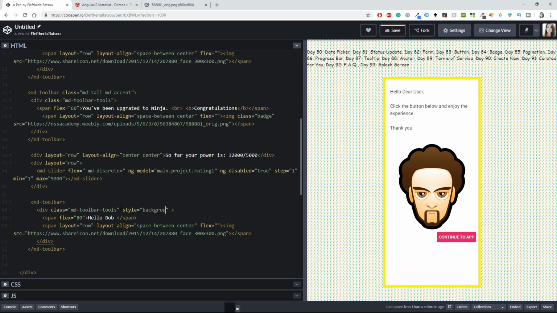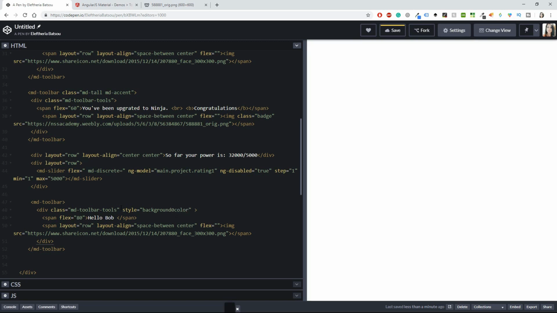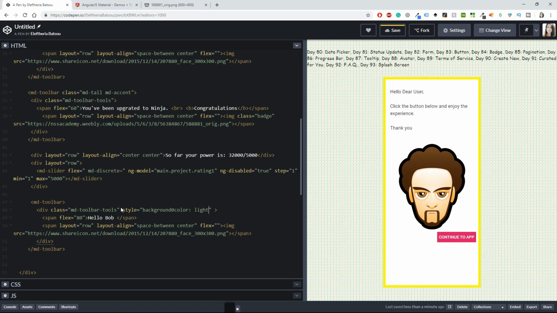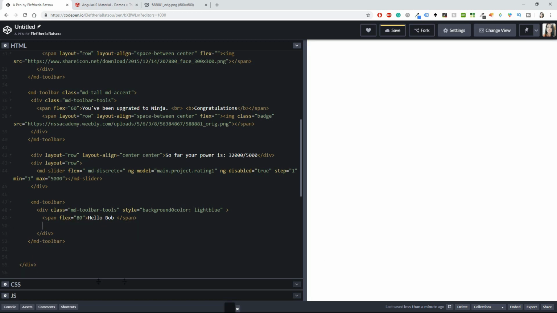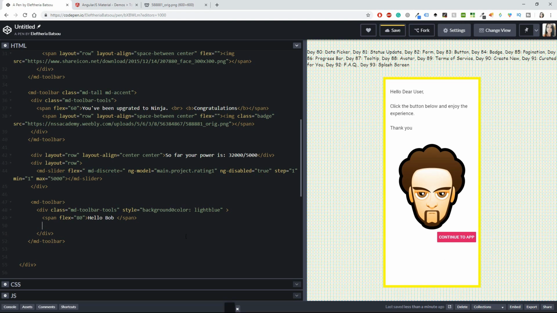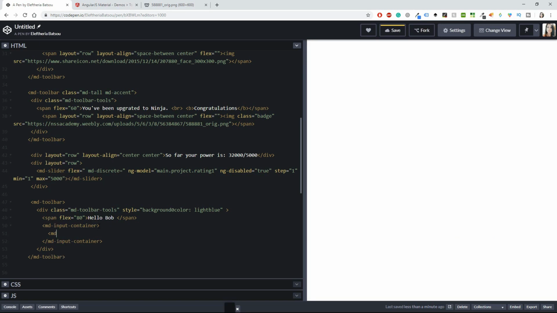Background color light blue, cool, and then I probably don't need this, but after that span I will need to have an empty input container. Empty input container, and inside that container I'm also going to add the empty switch,